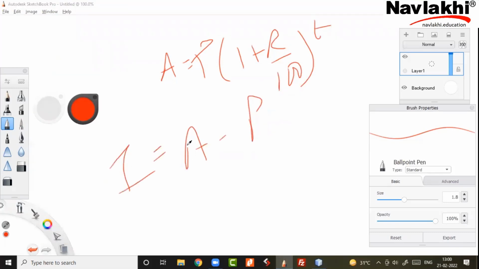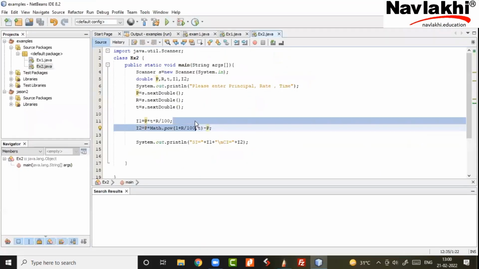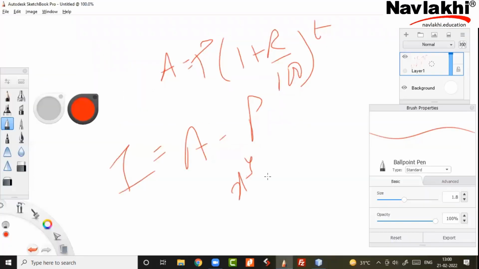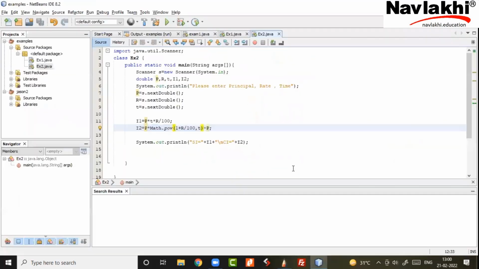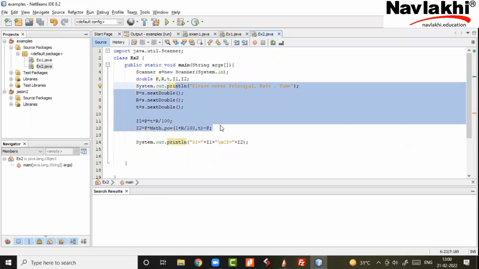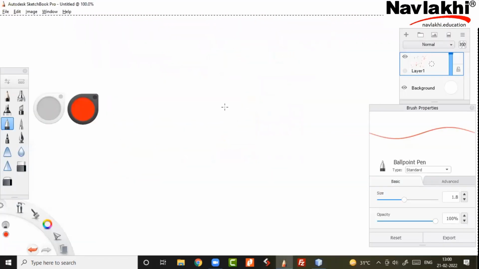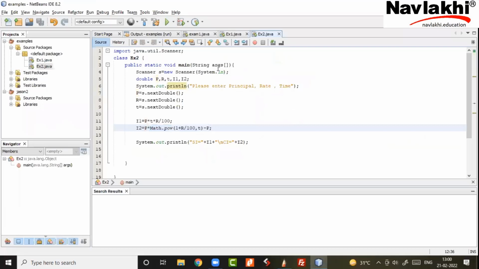I'm talking about the equation, sir. Like that math dot pow, raised to, you have to do that only. That is the list you can't forget. X to the power Y. Sir, can you send me a list of what kind of thing? See, that's the thing. You'll have to remember this. There's no big list. If you see the list, there are thousands in the list, but you can't keep on doing it because the list will never end.